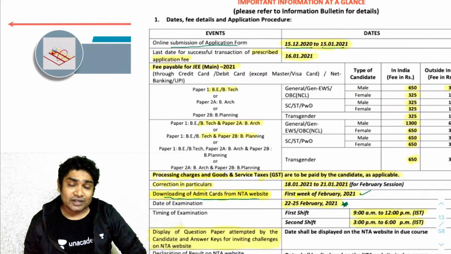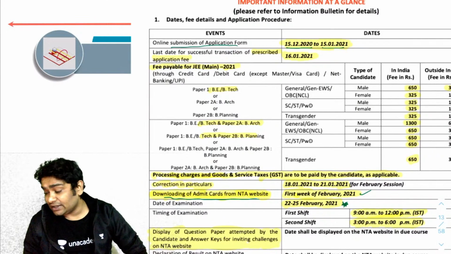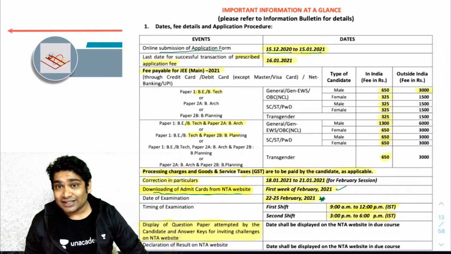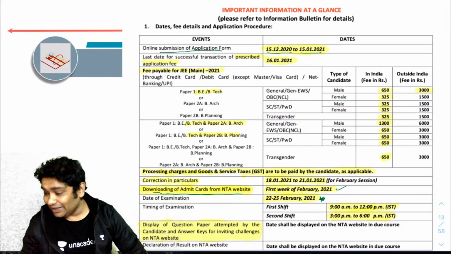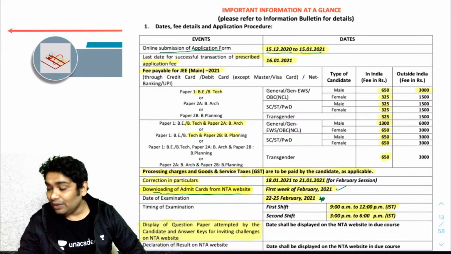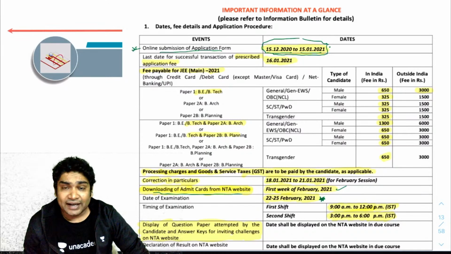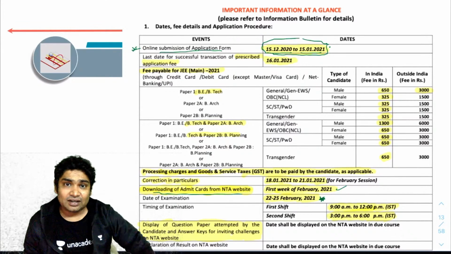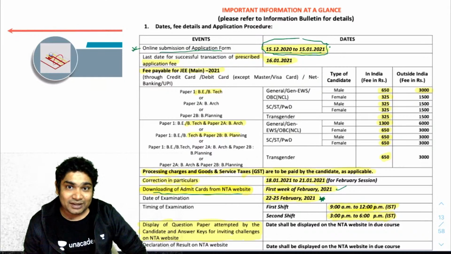Next, the declaration of result. Again, the dates, it says, will be announced by NTA in due course of time. So for now, let's focus on the important dates. First of all, online submission dates are from 15th of December till 1st of Jan. So ARJ, if you can't find the link, that's probably because they haven't activated the link yet. So wait for a couple of days. Maybe the link for filling out the application form should be available in a couple of days.